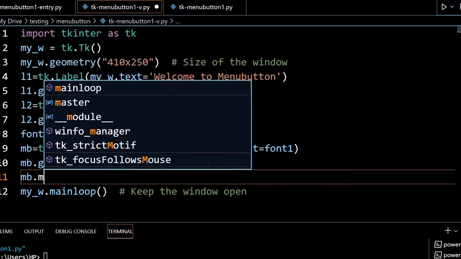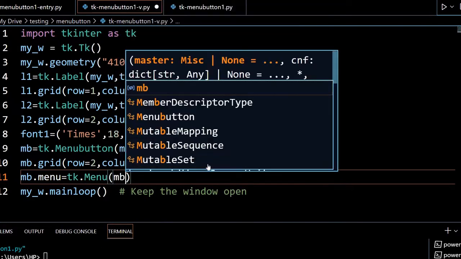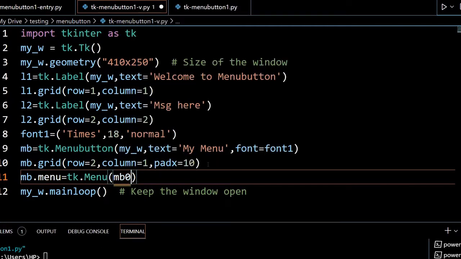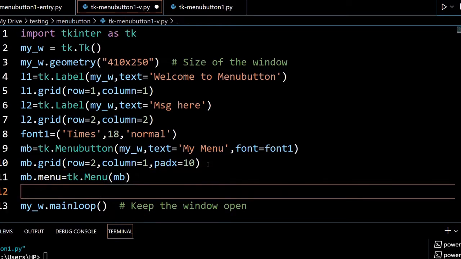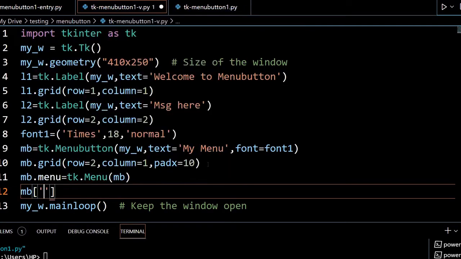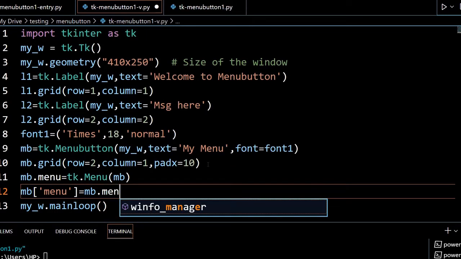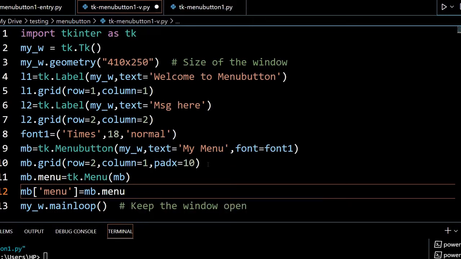So mb.menu equal to tk.Menu. Now to assign it, I will declare it here equal to mb.menu. So now there is a menu linked with my menu button.